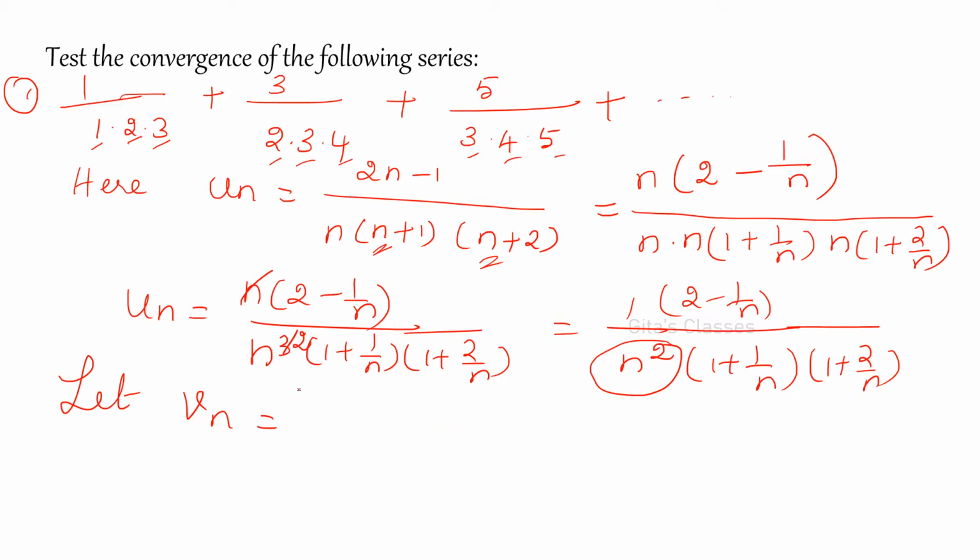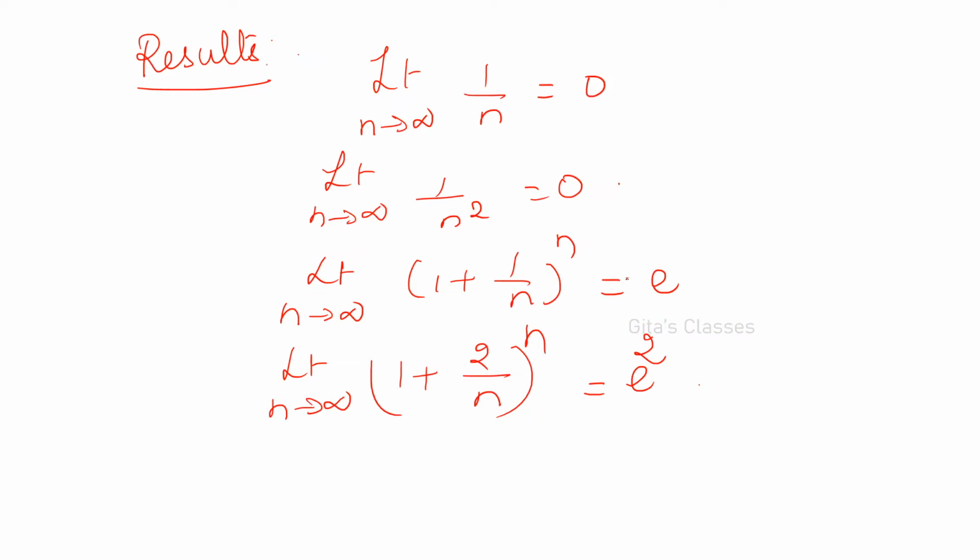Okay, so let Vn be equal to 1 by n squared. That is, sigma Vn is equal to sigma 1 by n squared. Now what do you know about this series? This is the known series. This is what we are going to use for comparison. Sigma Vn we have taken from the given problem, right? So the maximum power of n in the denominator, you take it outside, and 1 by n squared, you assume this as sigma Vn. Now you are going to use the P series test.